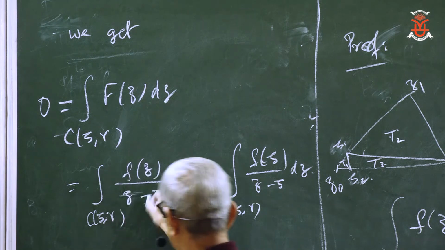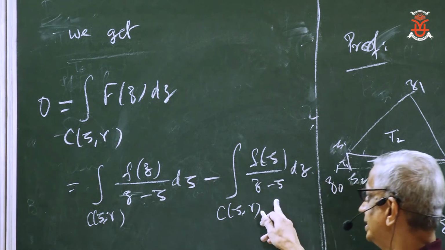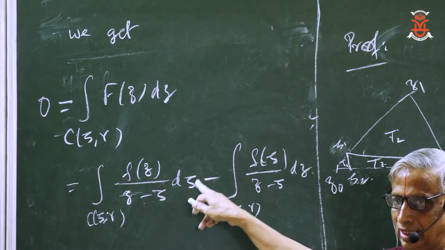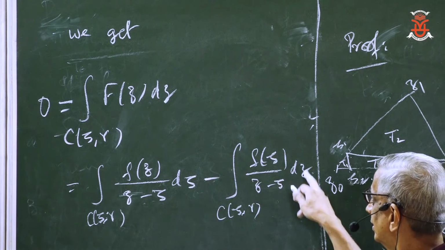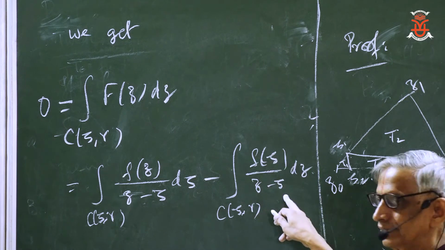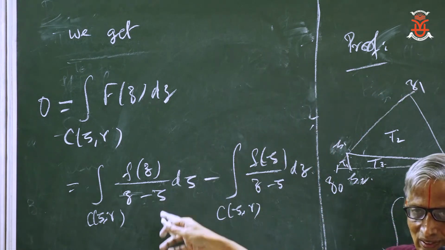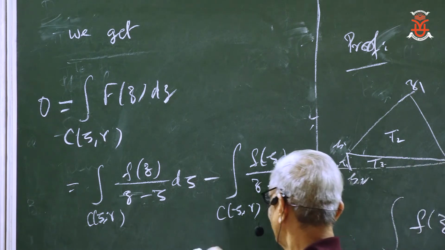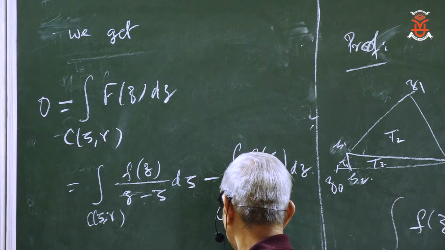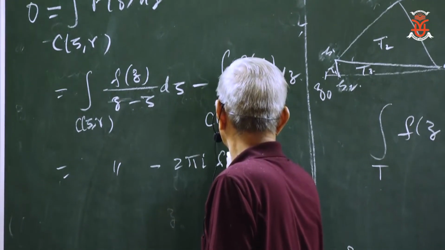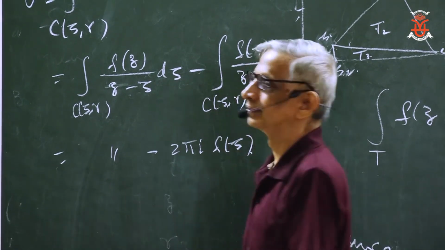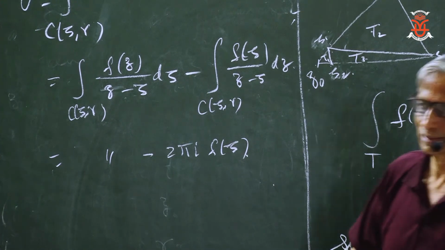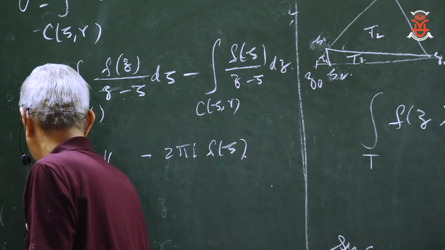Keep it as it is. But what about the second integral? F of zeta you pull out, and then the integral of dz over z minus zeta. What is the value of that? 2 pi i. That's all. F of zeta